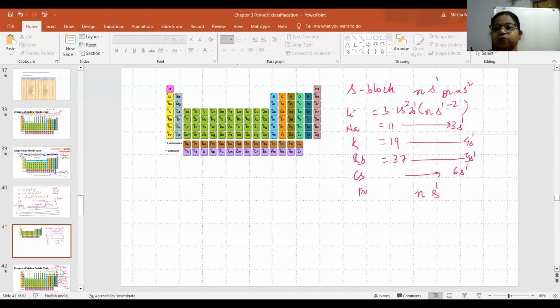So is it clear how we write the general electronic configuration for a block or for a group? What is the meaning of n? It signifies the number of the shell, right? Now, if I write this, it belongs to atomic number 11, block S, and since it has one electron in its valence shell, its group number is 1. Now, how do I find its period number?